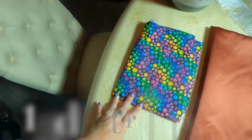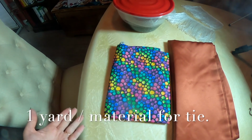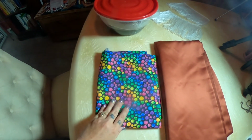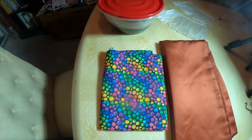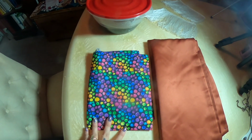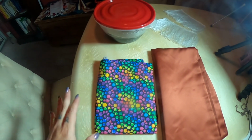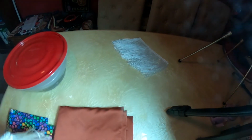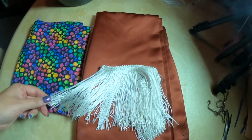Now, obviously it's not the exact pattern that the bow tie was for the Mad Hatter, but I picked something that was close, and it's close enough to where people will get the point, you know? So it's got the spots on it that are all different colors and kind of wild and crazy. I have some fringe, which is going to go on the end of the sash, and as you can see, it's